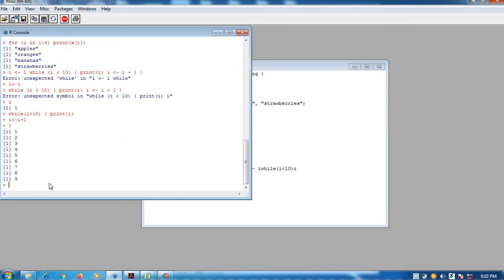What happened now? Is it working? Yes, it is working properly. So what we have done, I is tested whether I is having a value or not. Then I have written the same thing, I less than 10, print I, and then I have assigned I to the incremented value of I, and then we are printing the values 1 to 9. Why not 10? Because the condition written is I less than 10, so till 9 only it is printing. I hope you have understood it.